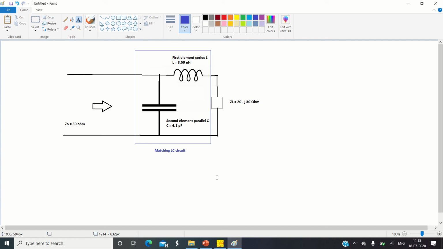Okay, so I hope you understood this second configuration of impedance matching circuit. In our next lecture we will start different types of matching circuit, and we will study the quarter wave transformer technique, which is very simple and deals with matching of only real valued impedances with the transmission line. So in our next lecture, we will see another type of matching circuit in which we simply want to match the real value of impedance by using a quarter wave transformer technique.